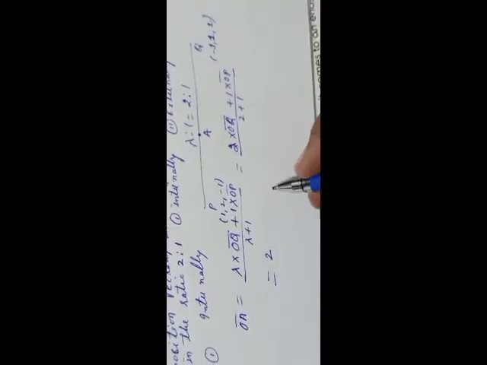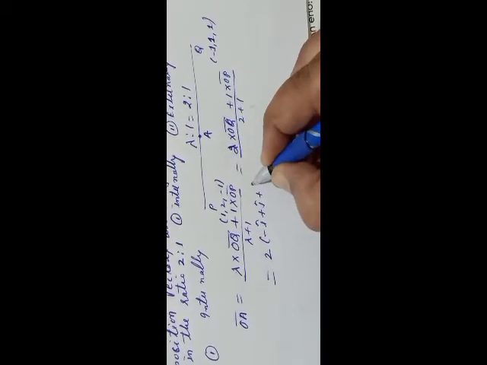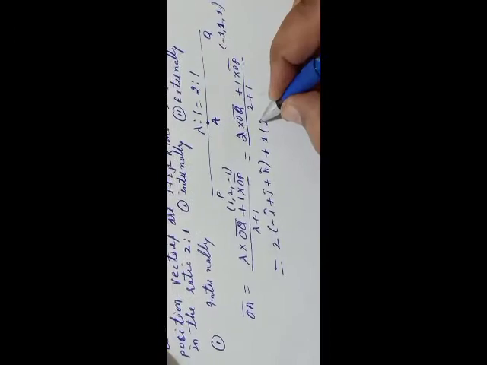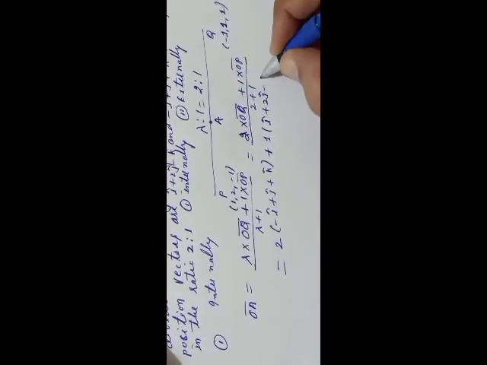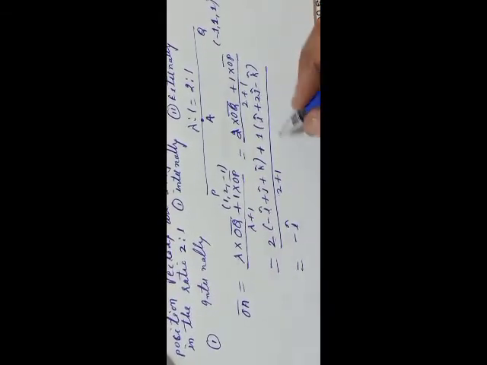So what is OQ? OQ is minus I plus J plus K, plus 1 into OP, I plus 2j minus k, and upon 2 plus 1. So this is what? Minus 2i plus I, it is minus I, plus 2j, 4j,